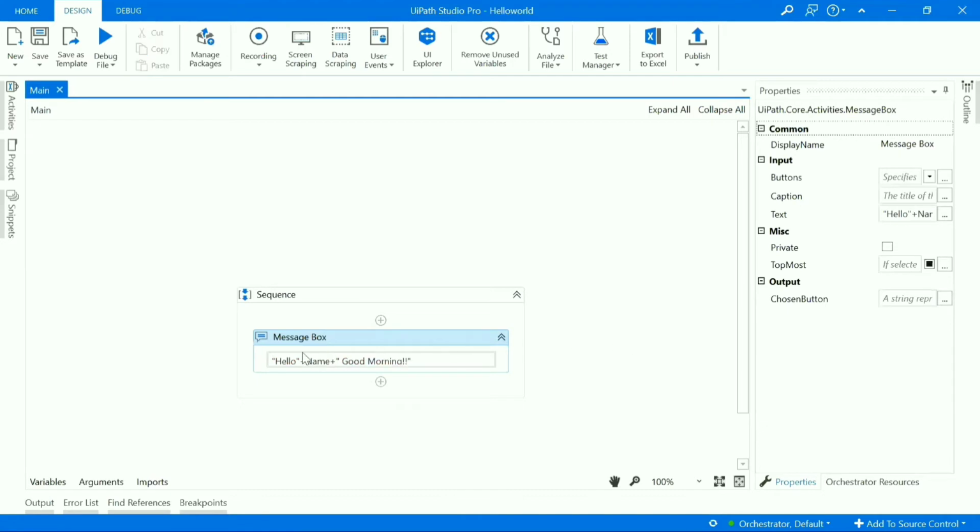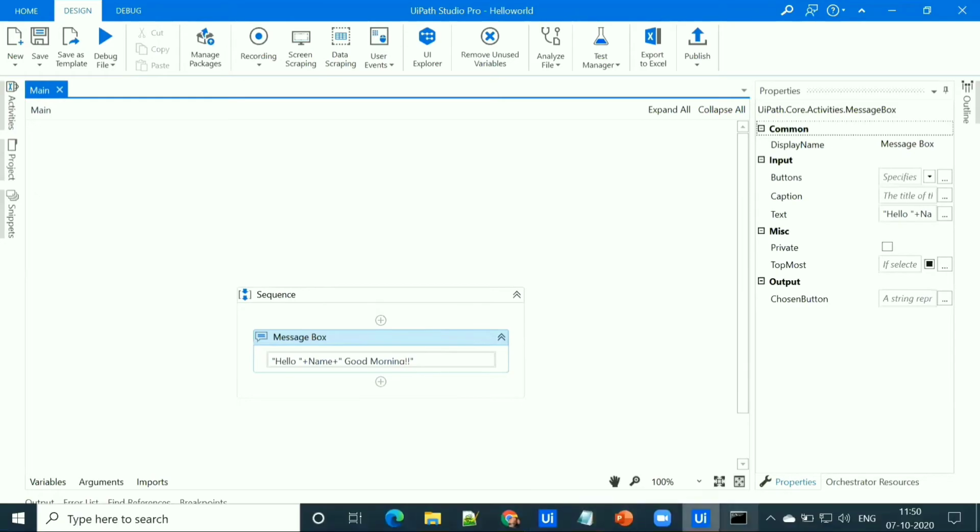Like that. So what it will print is hello, then the argument that we are going to pass from the command line, the value of name, and good morning. So let's run this process from the command prompt.